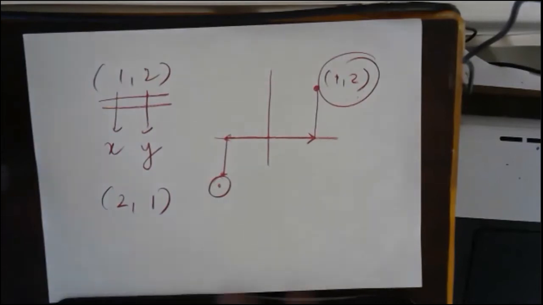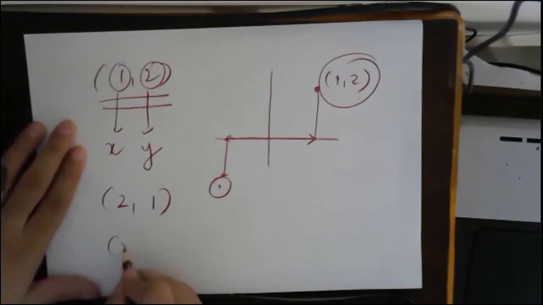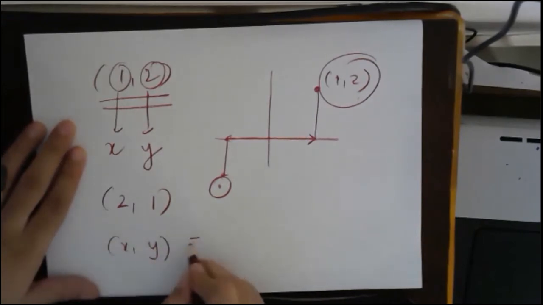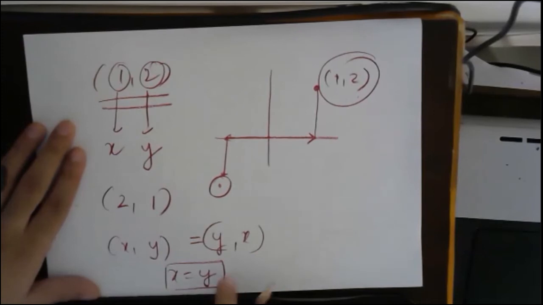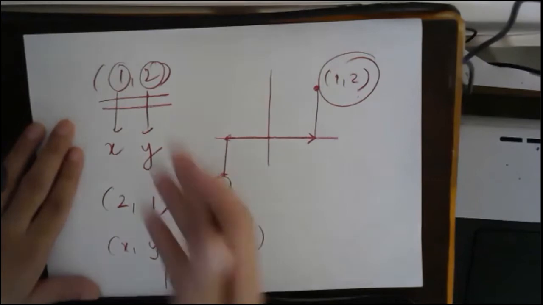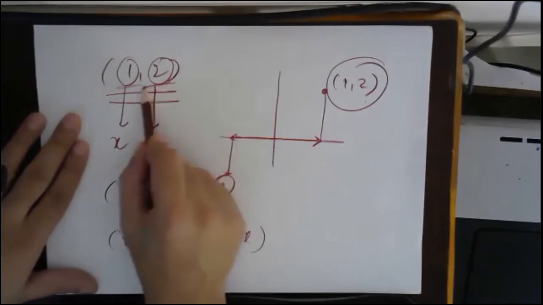No. Why? Because there also it is an ordered pair. Order means something. If x comma y is equal to y comma x, that means what? X is equal to y only in that case. Everybody understood? Now you understood, right? We have seen the ordered pair before in coordinate geometry, which is the same thing. In coordinate geometry, it is understood that this will represent x and this will represent y. That's it.